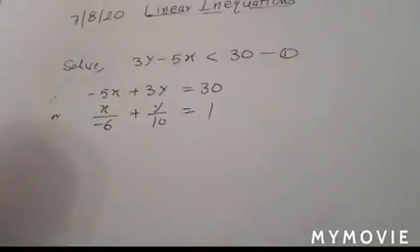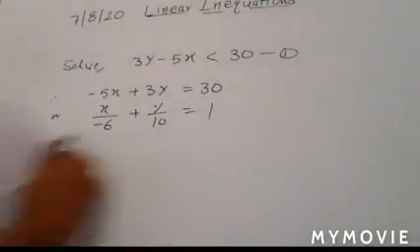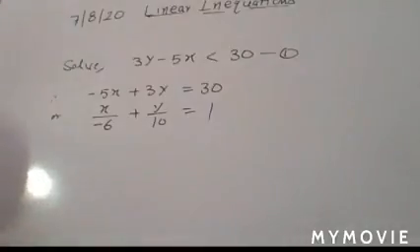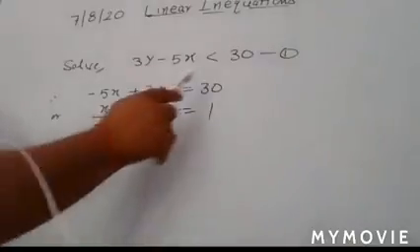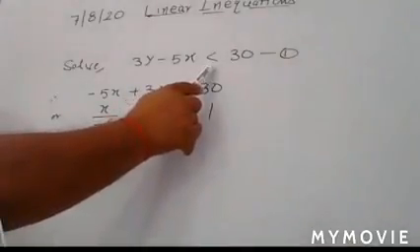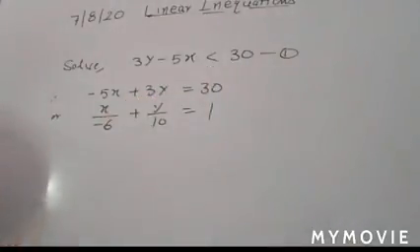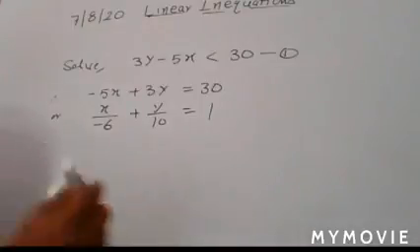No problem for that. So try to plot it. But your graph is not a complete line. You have to draw the line in dotted form. Understand? You have to draw a dotted line for that, because here there is no equal to sign in the given inequation. Understand? Okay.